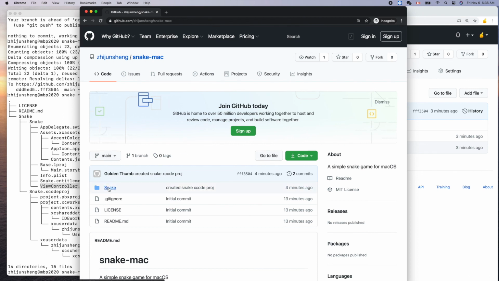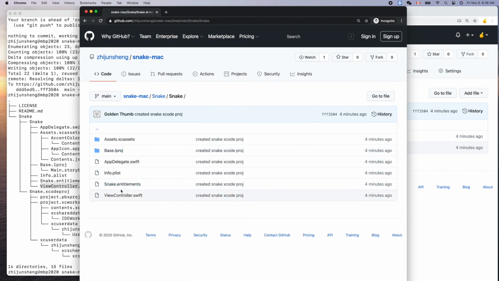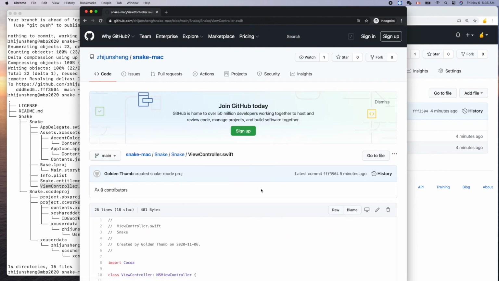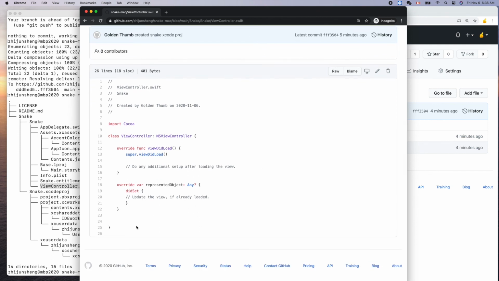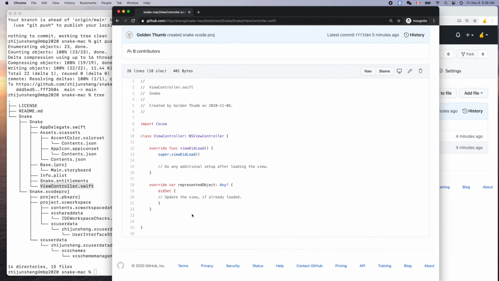If you click here and navigate in, you can see app delegate, view controller file. So you see it's easier for you to review the code we'll put in our